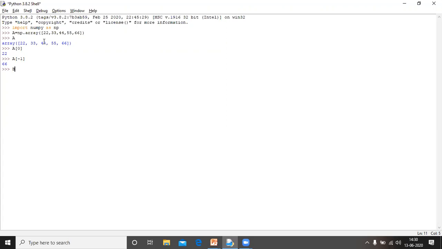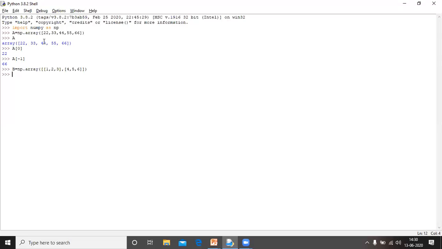Now let's check another example. This is a two-dimensional array, np.array, and we have to give the data in a nested list. This is two-dimensional, 2 rows and 3 columns.